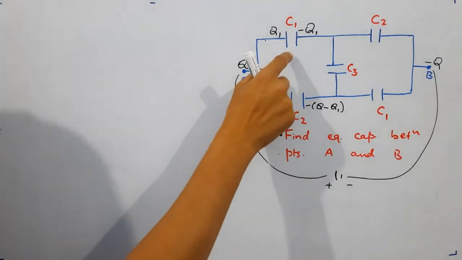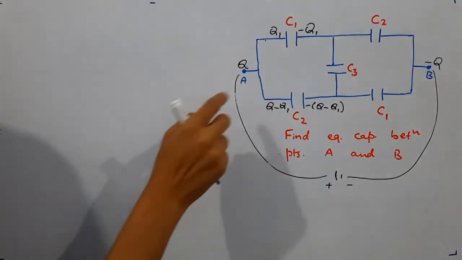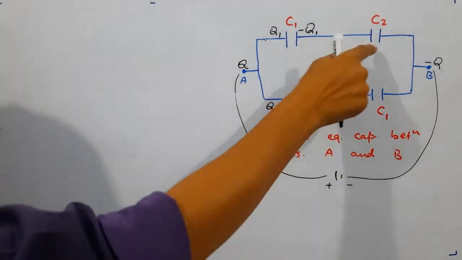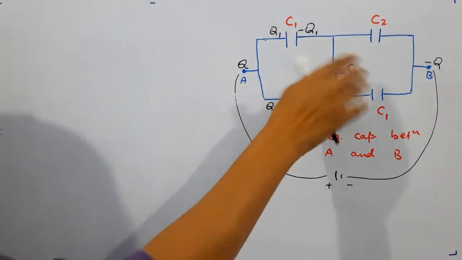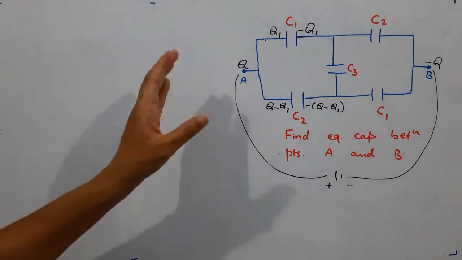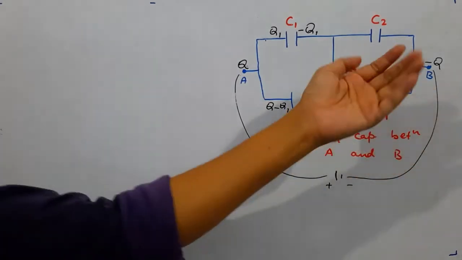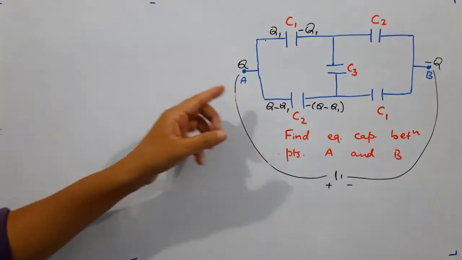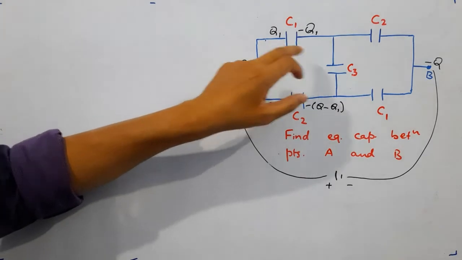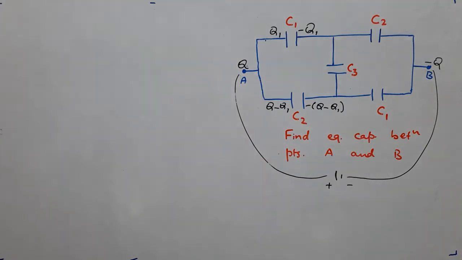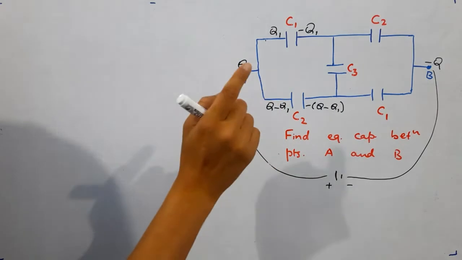First thing that we note here is the case of symmetry. The capacitor C1 is same as this one, and here the capacitor C2 is same as this one, and in between them there is a capacitor C3, whatsoever be its value. Whether I move from this side or whether I come from that side, the arrangement appears to be flipped upside down. From this side in the top we find C1, from this side at the bottom we find C1. So it has some sort of symmetry. That symmetry we shall make use of. So by symmetry, follow the instruction carefully.